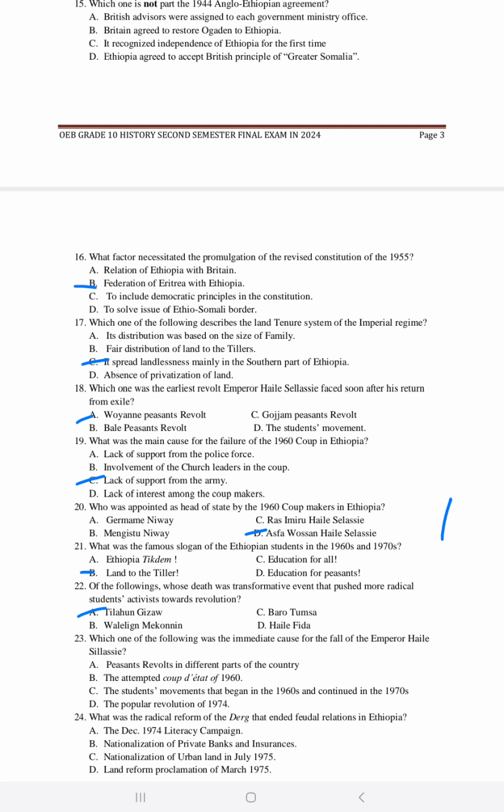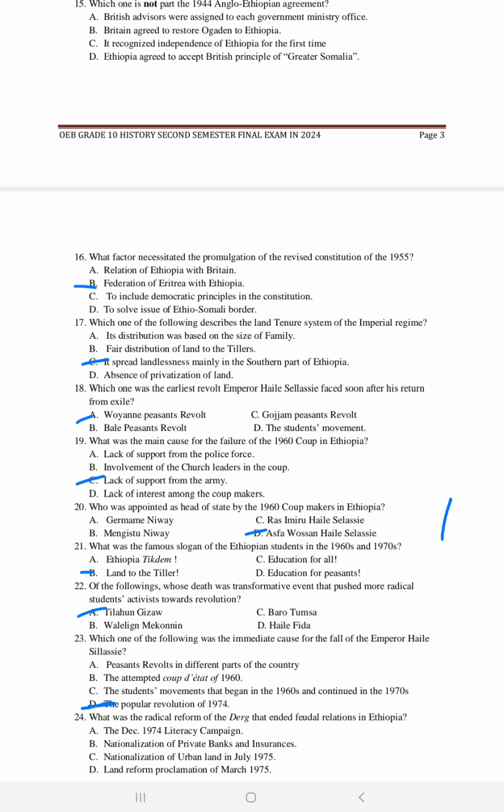Why? Because during 1974, there was what? Students' revolution, and also the taxi drivers, the teachers, and others. So that was called the popular revolution. Students and teachers against the educational reform. Taxi drivers against the rise of the price of petrol. The soldiers for their salary and so on.